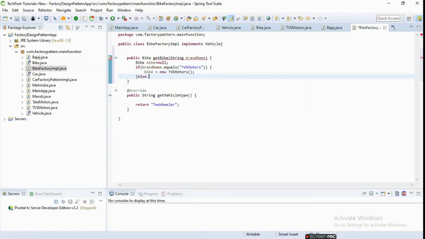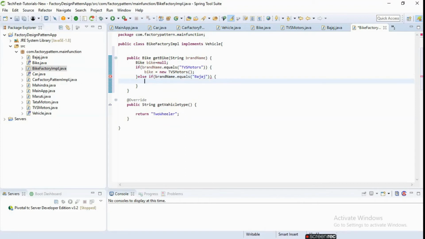Similarly, we will create one more else if, passing the same condition, name as Bajaj, and here we will return the new Bajaj.